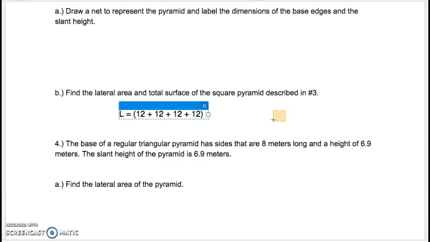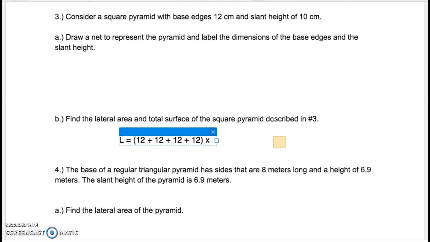Or you could do 12 times 4, which is 48, and then times by 10, because that's the slant height, divided by 2. And 48 times 10 divided by 2 would equal 240